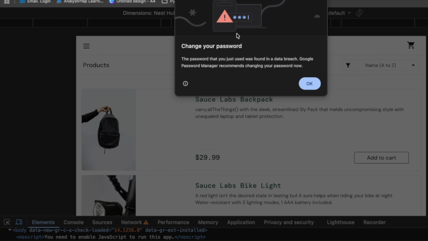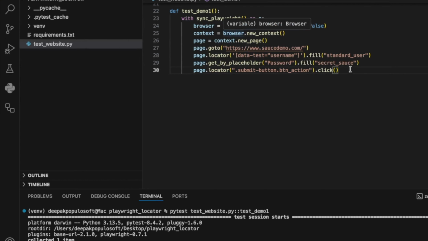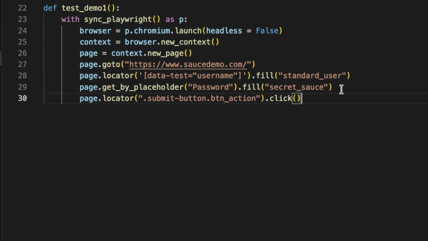So we have to handle this dialog box, and to handle this type of dialog box we have to use one function, once, which means that we are going to handle this pop-up only once, and after that we have to tell what we are looking for. So we are looking for the dialog,